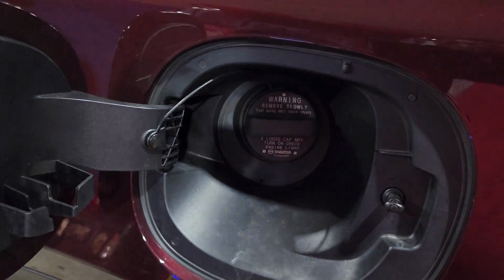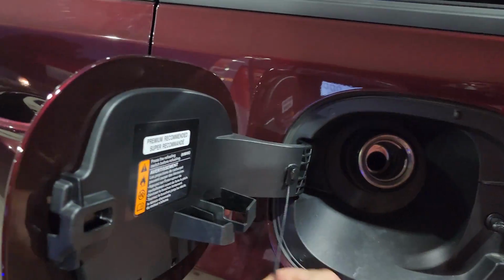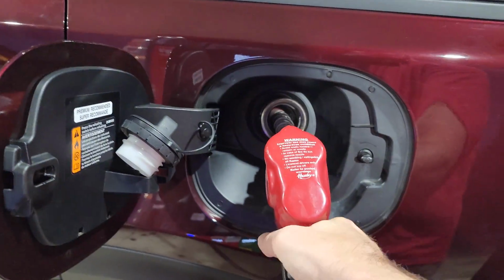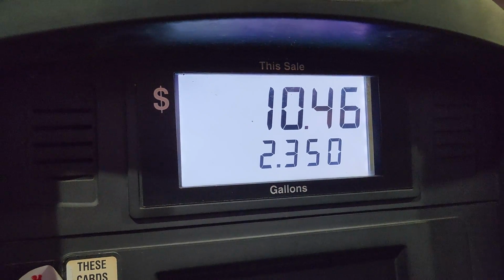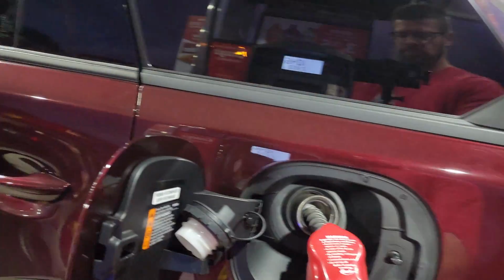Well, you know, it helps if you take the cap off first, right? So let's do that. And we can set this right up here. All right, now we're gonna go. All right, let's see what we get. Should only be about maybe 2 gallons. It sounds close. There it is, 2.350. So now we're gonna do our top off,